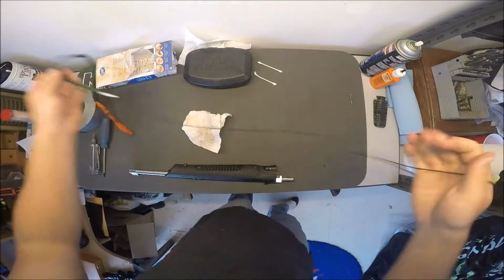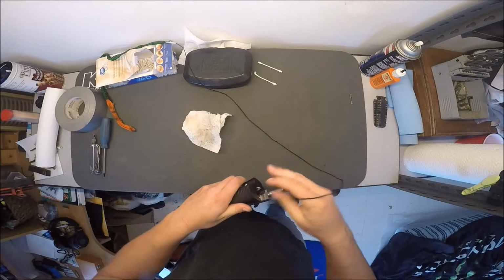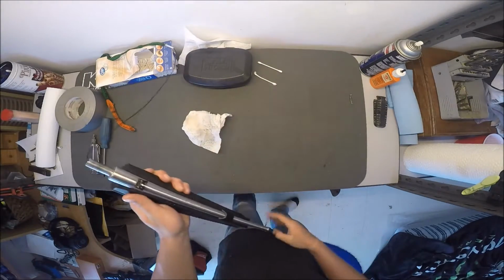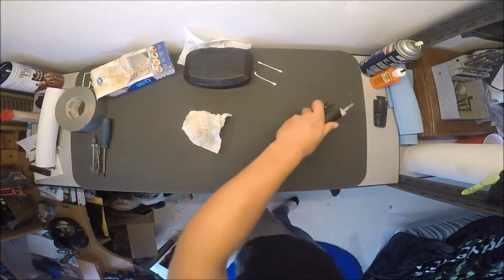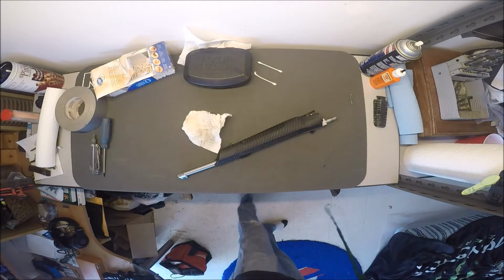When I'm at home, which is right now, or my gun's actually dirty, this is like the final stage. I just like to do it at the end. But when your gun is clean, it's a good way to do it. Just pull it through. Do that as many times as you want. Two times is good enough for me, because I know the barrel is clean. So after that,